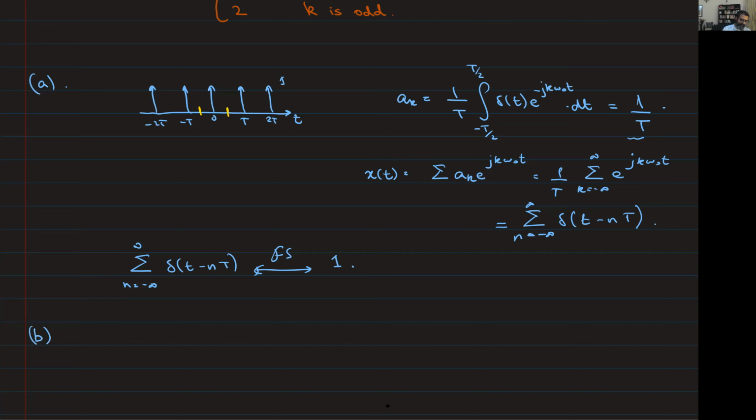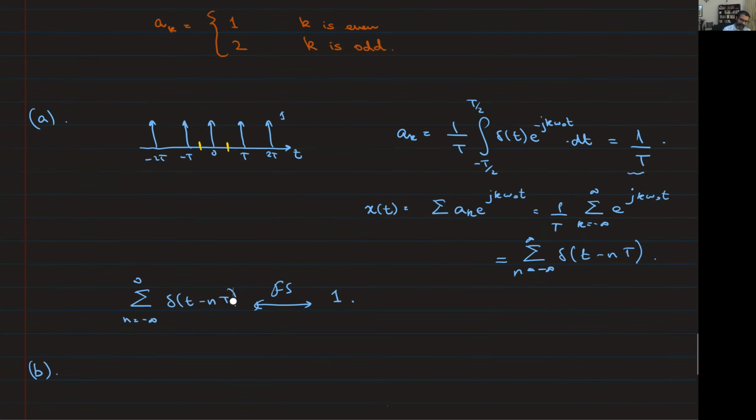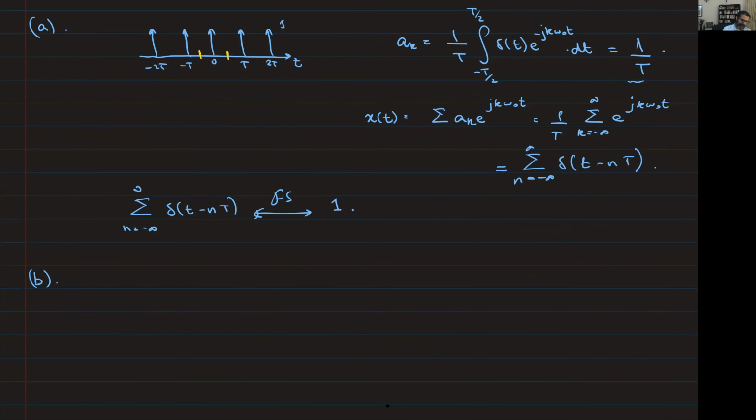Okay, so here's how I am going to do this. I mean, there might be other ways of doing it. So let me write this here. Given है कि capital T equals 4 and a_k is equal to 1 for even values of k and 2 for odd values of k. All right. इसको मैं लिखूं कैसे? इसको मैं ऐसा लिख सकता हूँ, right? So this is equal to